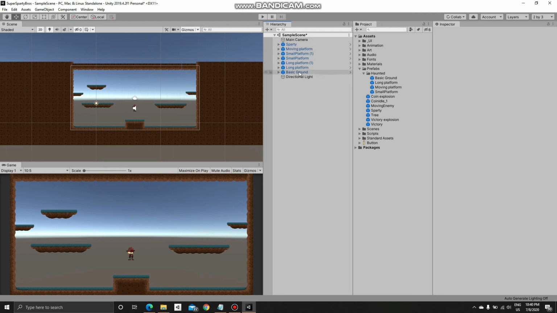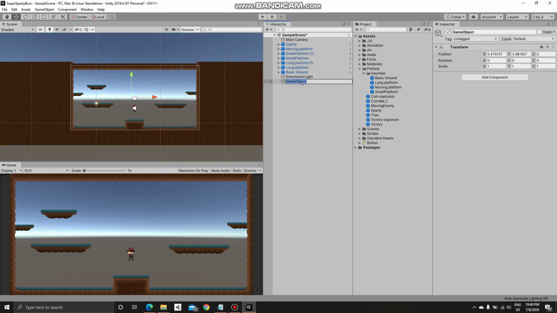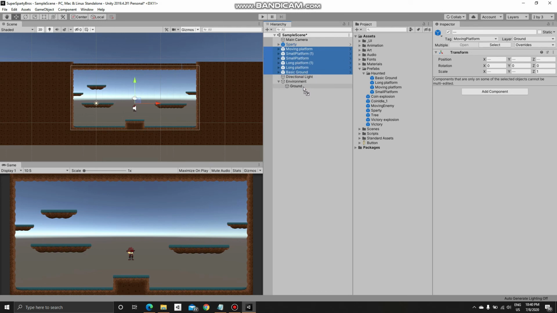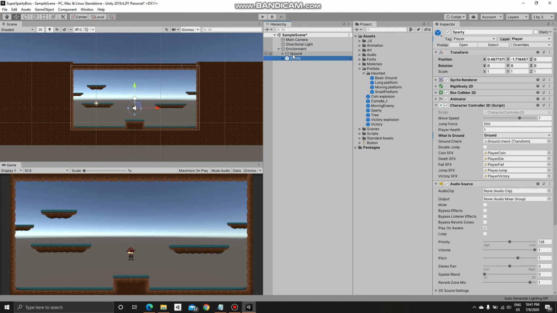Let's better organize these things in our hierarchy to not clutter up. So right click in the hierarchy and create an empty game object. Name it environment. And inside that, create one more empty game object and name it ground. Select all our ground components and drag and drop into the ground, so it looks better, and Sparty inside the